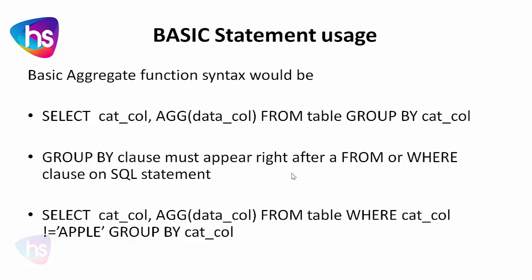SELECT column1 and aggregate column FROM table WHERE column not equal to apple GROUP BY category. Once we are filtering the category, we can also use operators like equal to, not equal to. This means that only the categories not equal to apple will be calculated and used in the query execution, and the result will be as per my statement requirement. That is my statement over here.